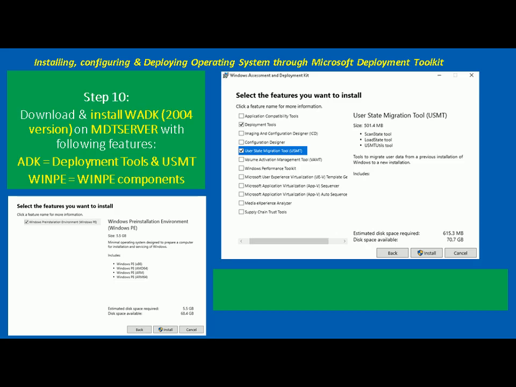Now I want to clear one thing over here: why we are installing the 2004 version. Since it is an older version, why are we installing it, and why are we not installing the latest version? That reason I will tell you later on, when that particular step comes. But as of now I am installing WADK 2004. Okay, so let's go back to our MDT server,